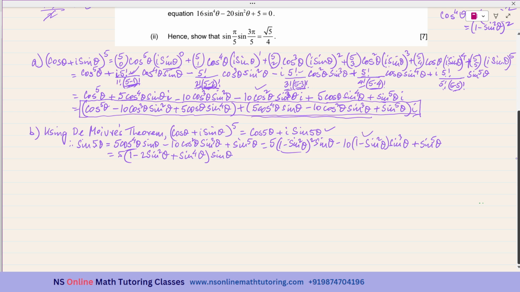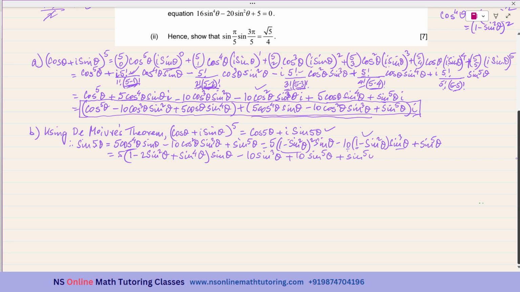And for this, you are having 10 times 1 is 10 times sine cube theta is minus 10 sine cube theta. And for this, negative 10 times negative sine square theta is positive 10 sine square theta times sine cube theta is plus 10 sine to the power of 5 theta plus sine to the power of 5